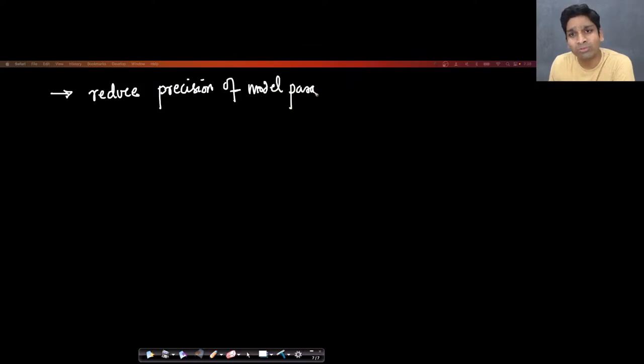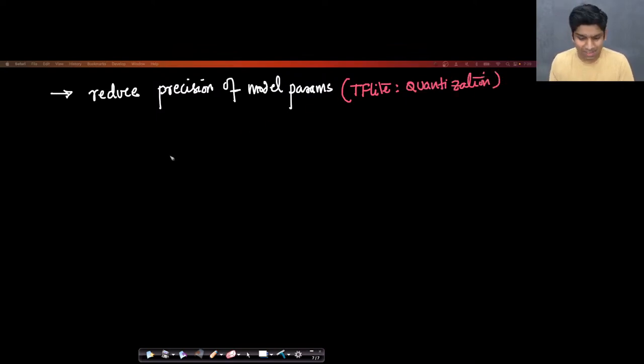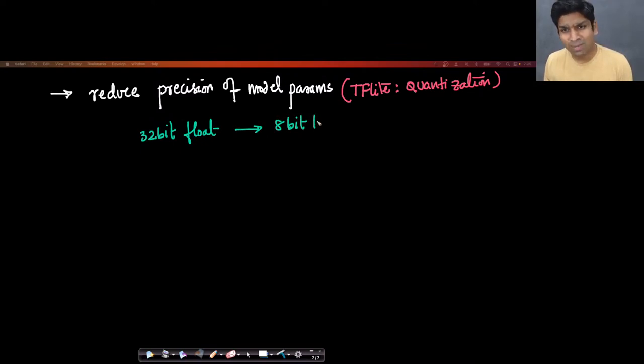You remember the concept of quantization that we studied in one of the classes? In TensorFlow Lite, there is this concept called quantization. Where I say, hey, instead of using 32-bit floating point numbers, because multiplying 32-bit floats is hard, let's convert them into 8-bit integers through some hacks. Of course, I can't preserve all the digits, suppose if my number is